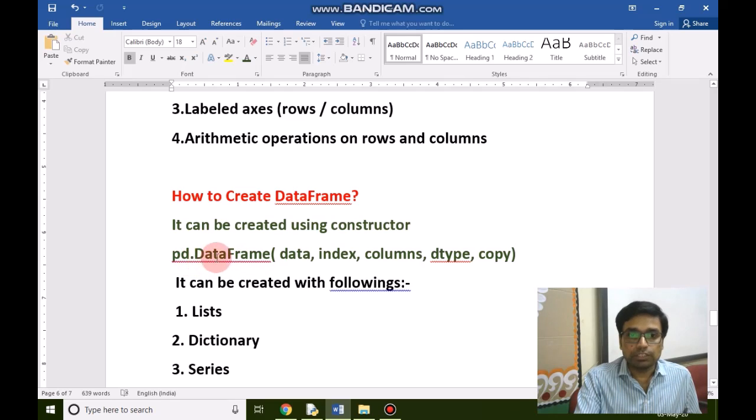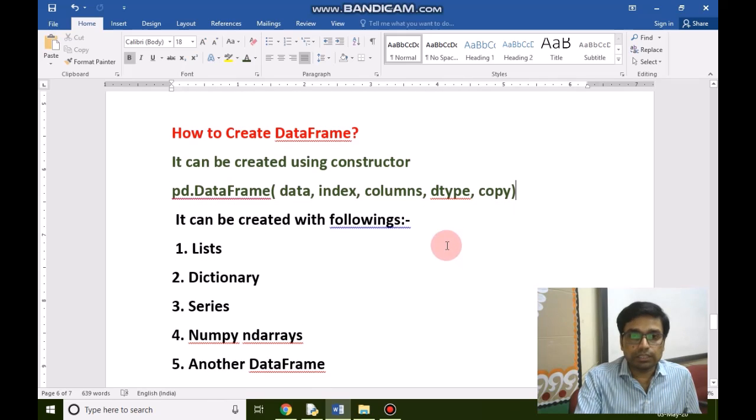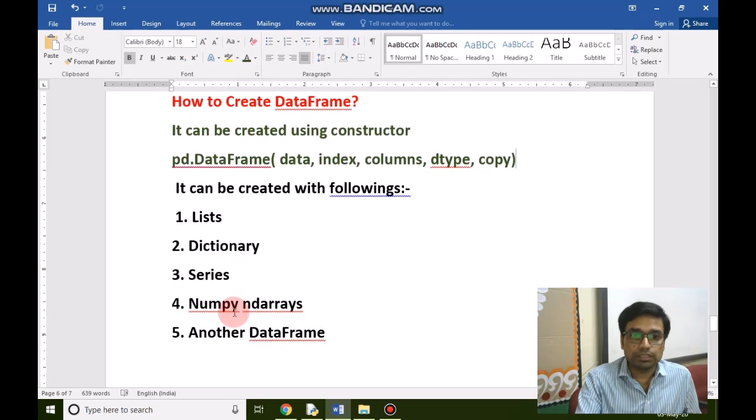So pd.DataFrame, data is an argument, then index, then columns, dtype meaning data type, and copy. Copy is a keyword. It can be created with the help of list, dictionaries, Series, NumPy ndarray, another DataFrame.